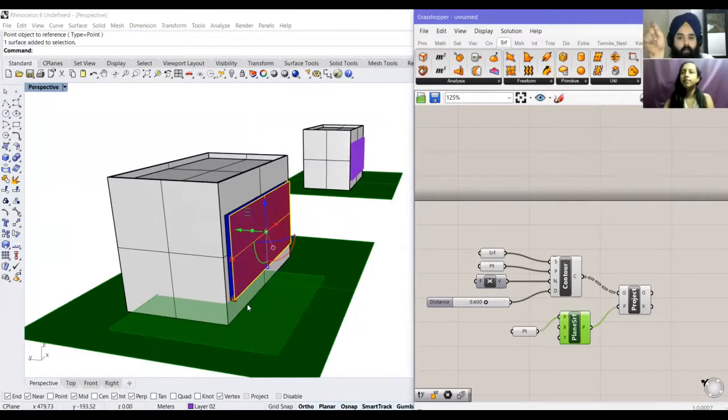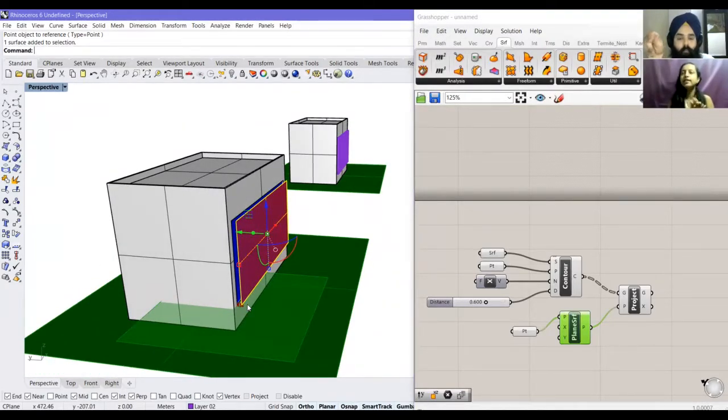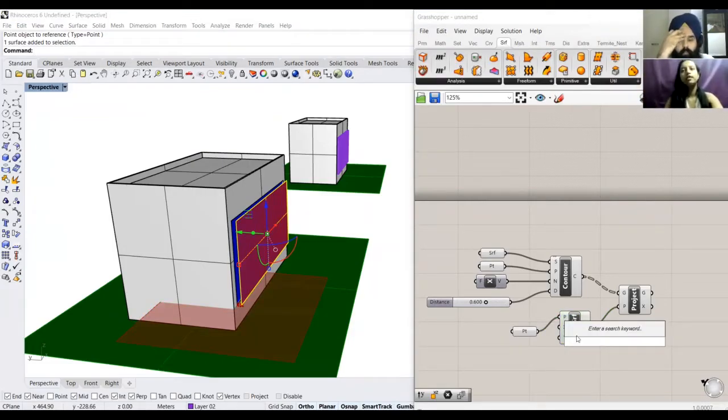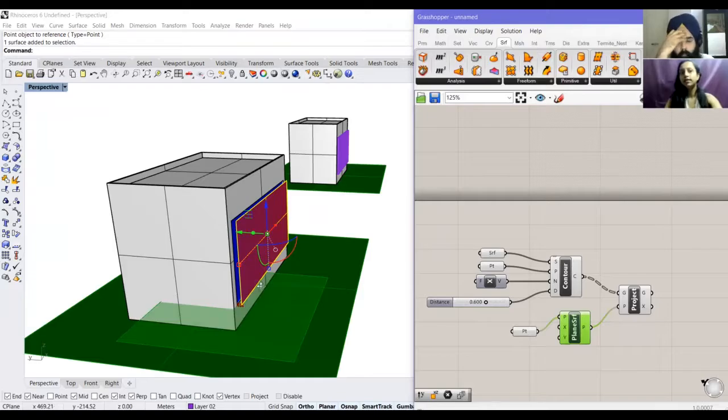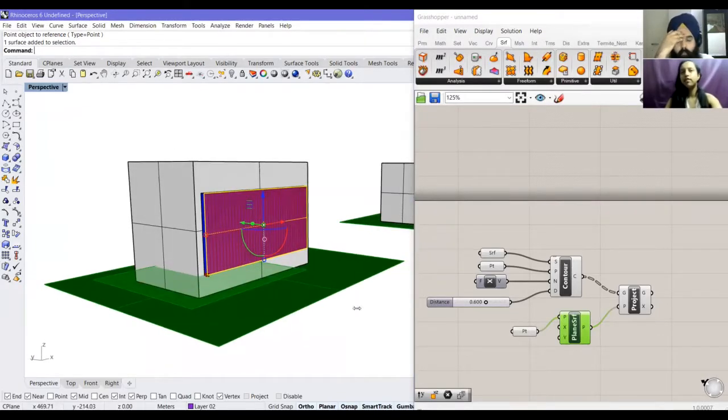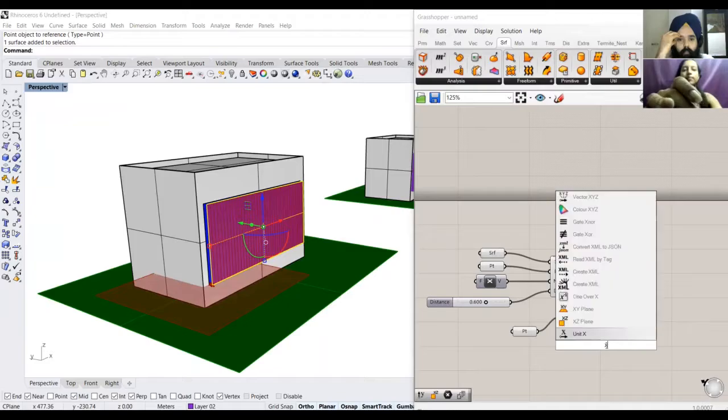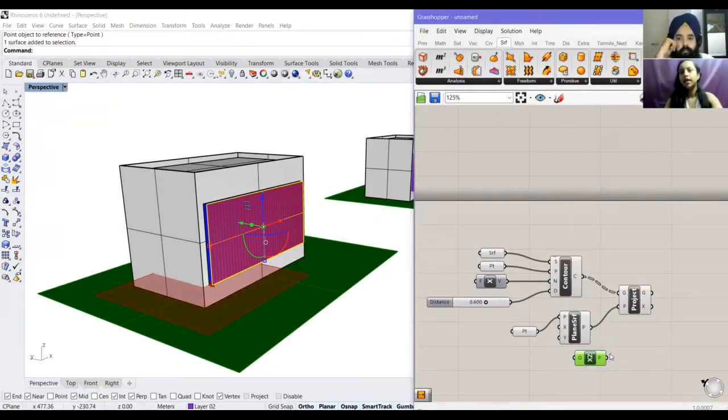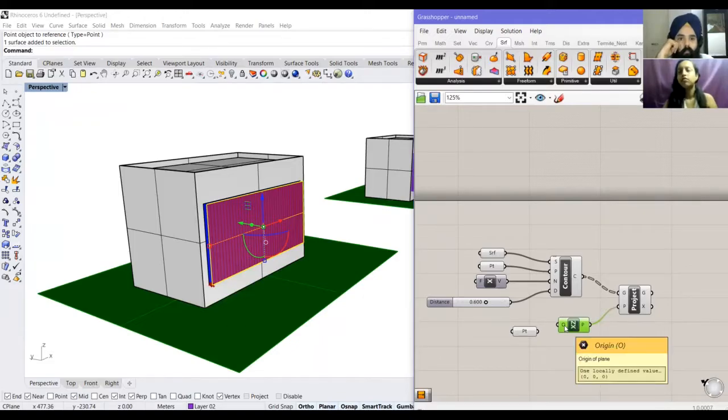So any of these commands, when they are taken as default, for example, we took a default surface, it happens on the default plane, which is the xy plane. I just wanted to show you this, that now I know this is happening on the xy plane and we want to change it. So intuitively, just type xz plane and it shows you that there exists an xz plane. You pull it in, delete this, and this xz plane is asking you what should be the origin of this plane, and the origin is this point.